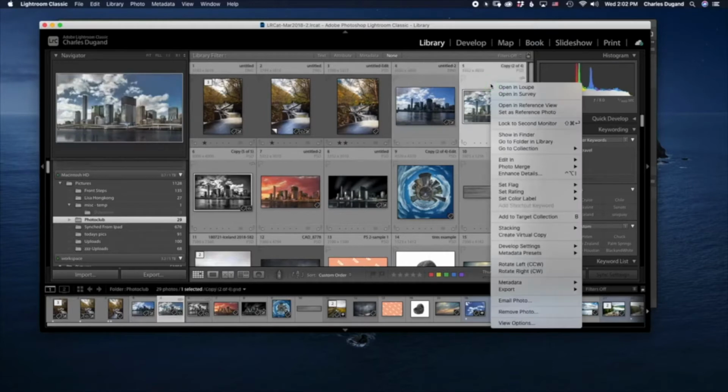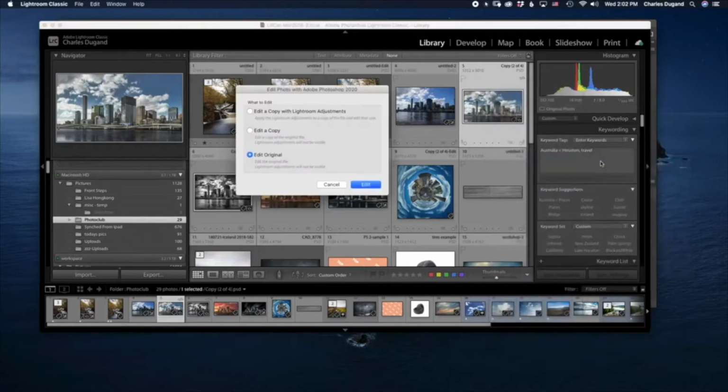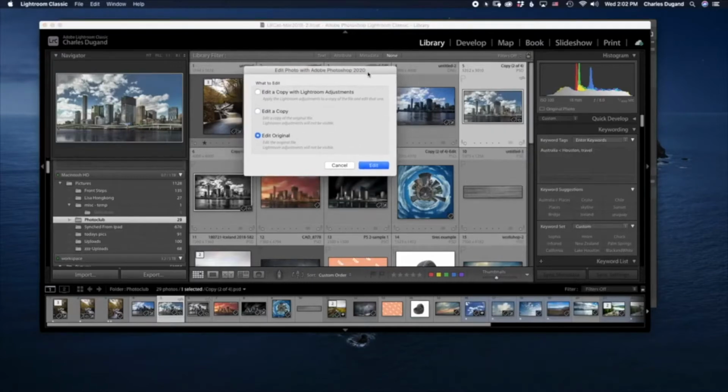I'm going to click on that PSD file and say Edit in Photoshop. Now this time it came up with a different question. It asked me, do I want to edit the original file, being a PSD file? If I choose original file, it'll open up this file here with all the